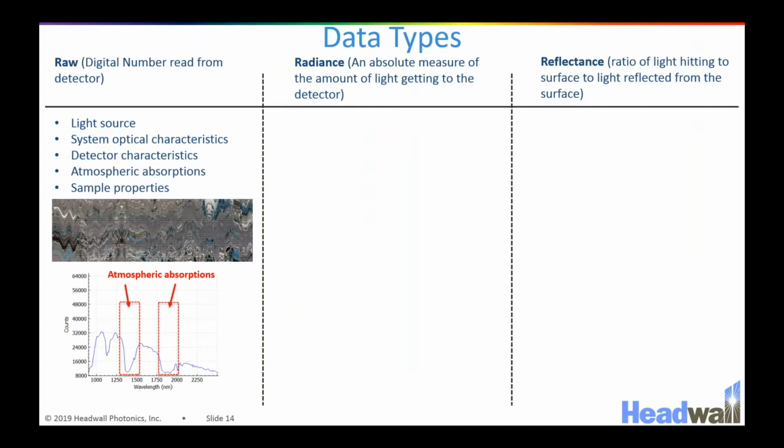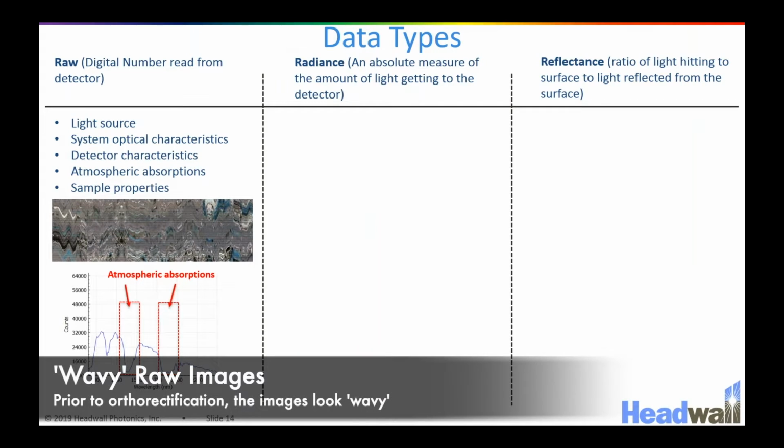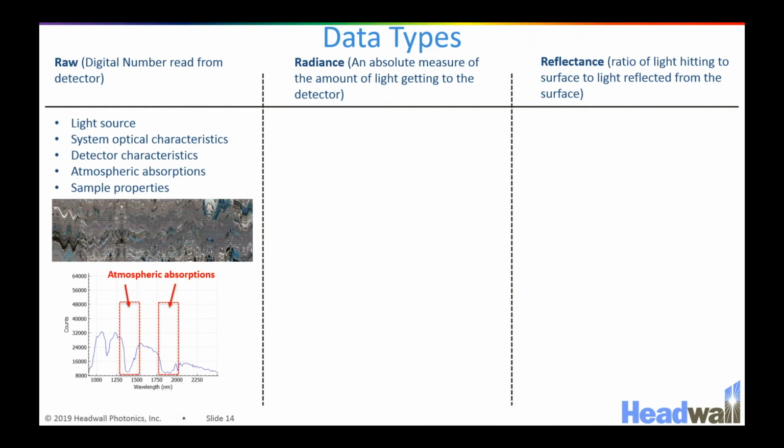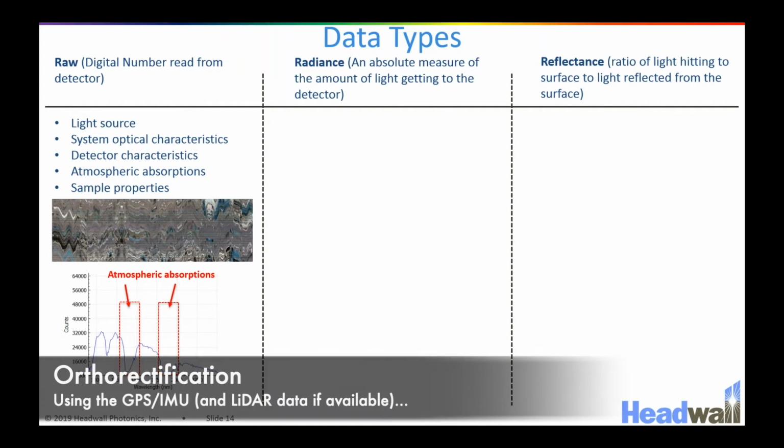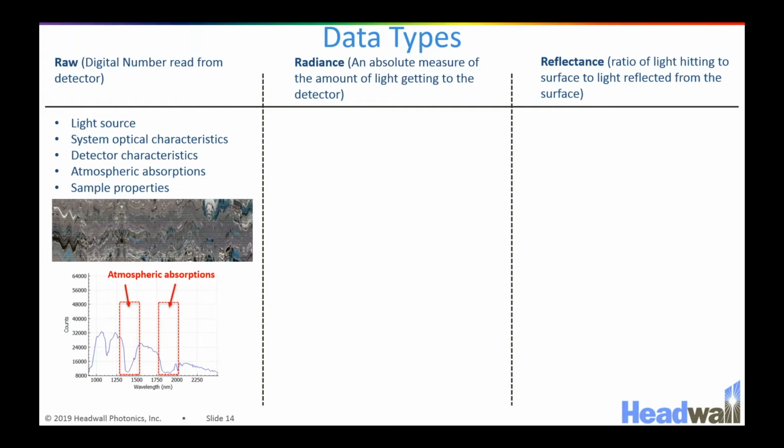So now I just briefly wanted to talk about the data types that you gather in a hyperspectral data system, the different sorts of data processing that are done, and ultimately what we're looking for in reflectance. What will be gathered at the sensor is always the raw data, the raw digital number. The sensor is going to detect a certain amount of light. It will convert that light to some sort of signal, a voltage or a current, and then that voltage or current will be read out by the electronics,